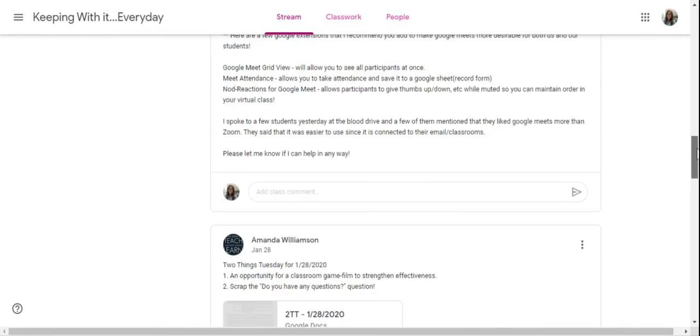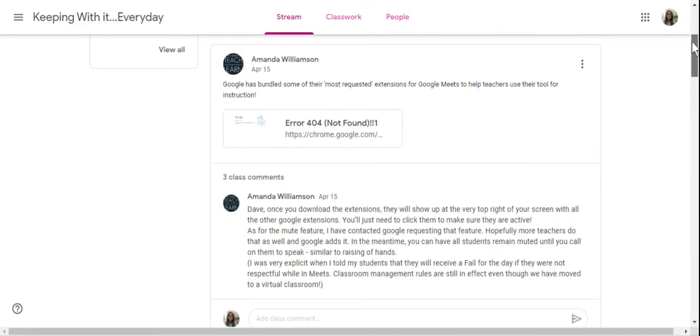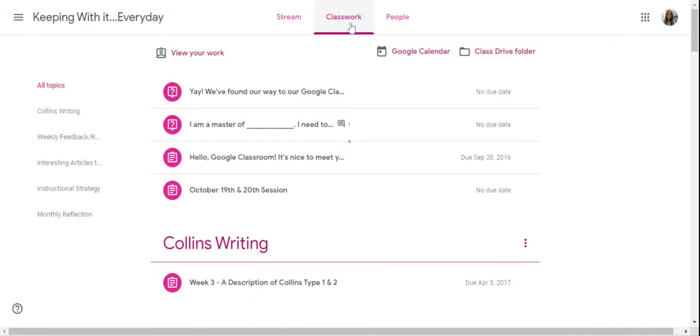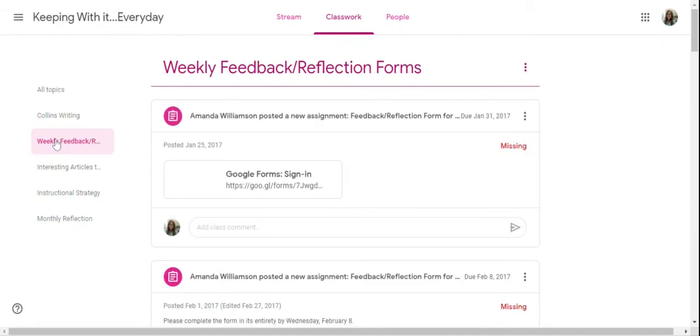These are announcements. They're also assignments. Anything basically that comes up right here. Now, I also have the option of going to this classwork tab. The classwork tab is really useful because it gives me the chance to look at the different topics that maybe my teacher has used. So, for example, if I wanted to look at weekly feedback right here and reflection forms,